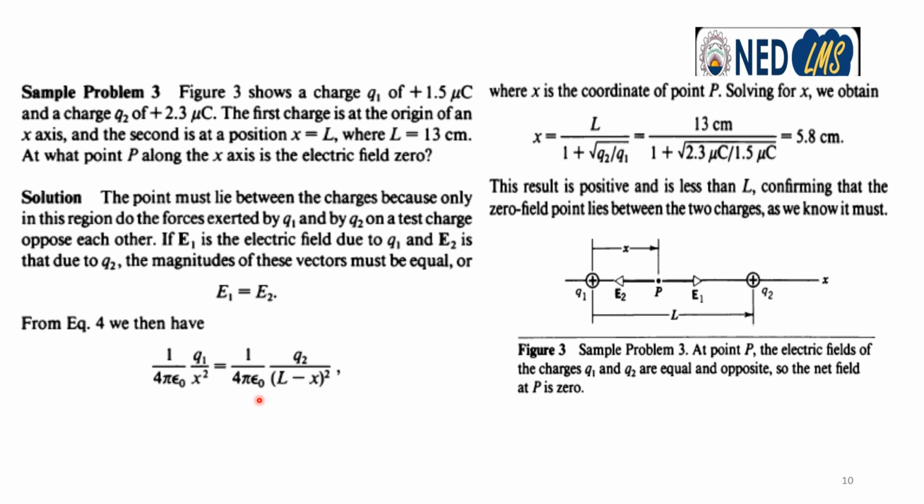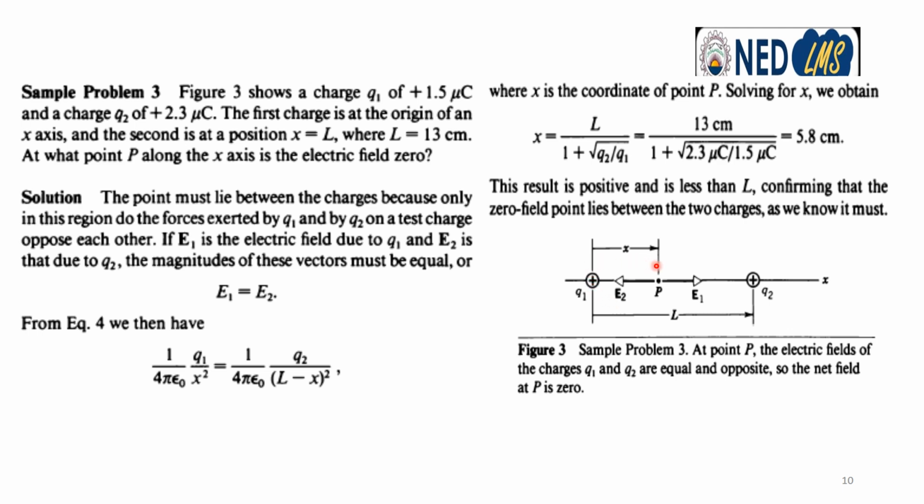But if we discuss the electric field of one charge, we use kq1 over x square, because if we see this figure, at the location of this point, the formula of E1 according to charge q1 is kq1 over x square. And E2 is kq2 over (L minus x) square,